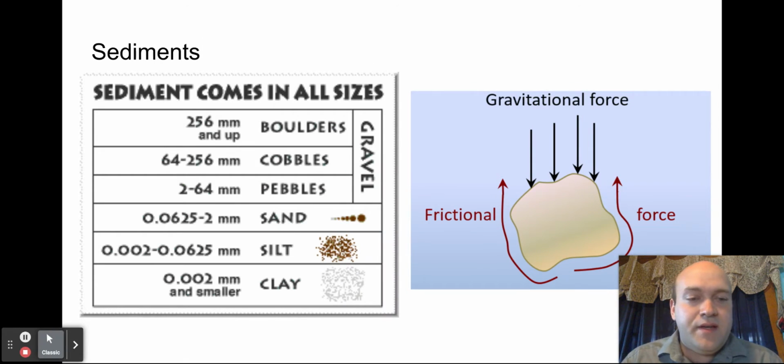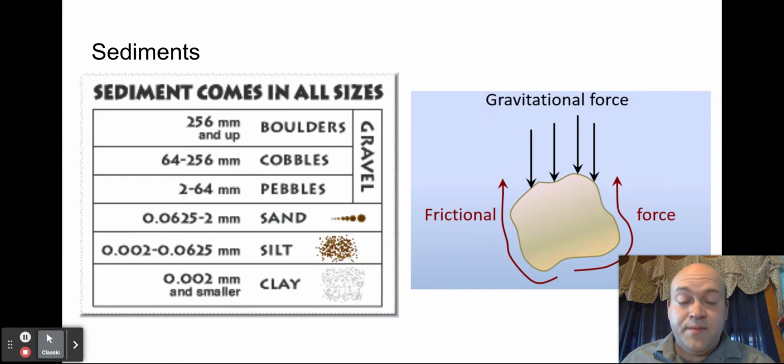One other thing that the text talked about was depending on the size of these different clasts. Say you drop a pebble or a granule into a glass of water, it's going to sink right to the bottom fairly quickly. There's gravity pulling it down, and that frictional force of the water is not going to be enough to really slow it down very much. But if you start dropping in silt or clay, then those particles are so small that the gravitational force is a lot more similar to the frictional force pushing back up,